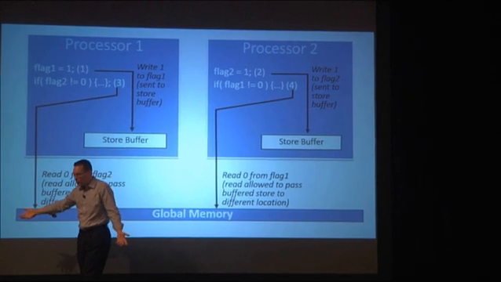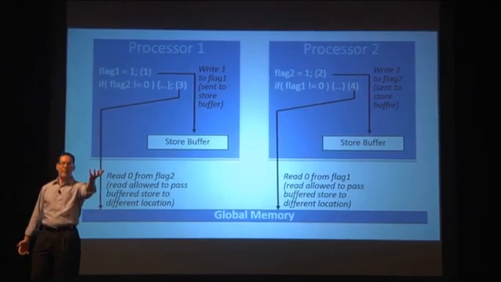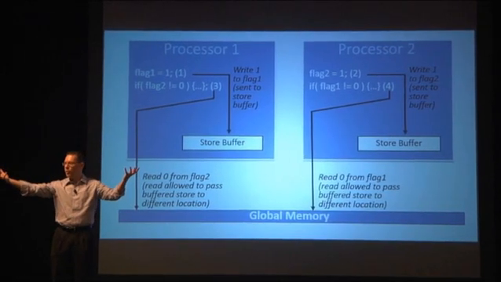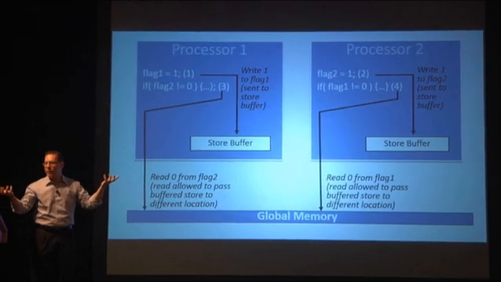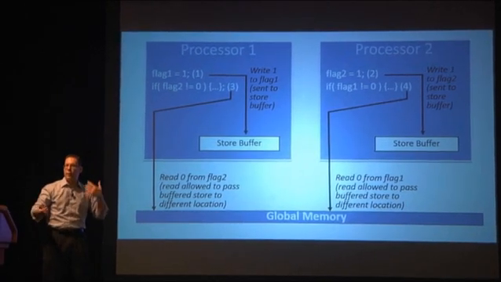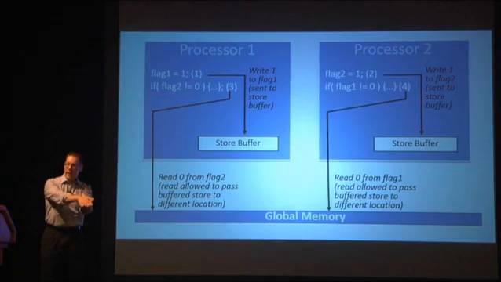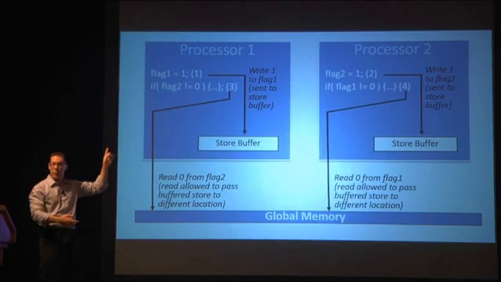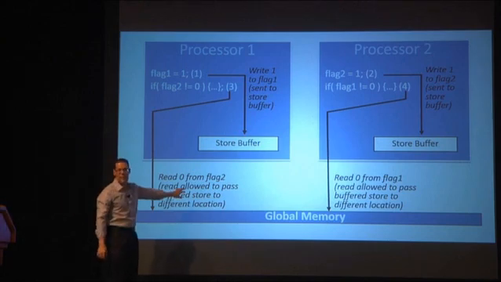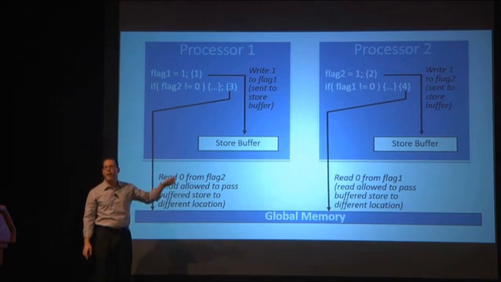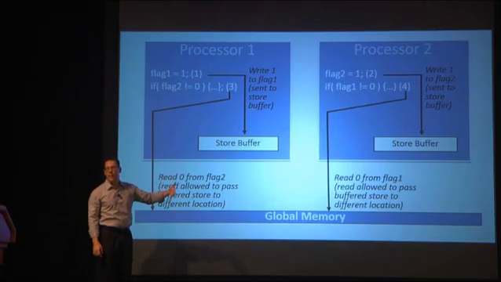The compiler, the processor, the cache system has no idea that this random memory location and this random memory location, which just have bit pattern addresses, have anything to do logically with each other. If you had written something to flag 1 and read it again, we'd read it back out of the store buffer because that would be consistent. But because it's an unrelated read, so we call this kind of example IRIW, independent reads of independent writes, because